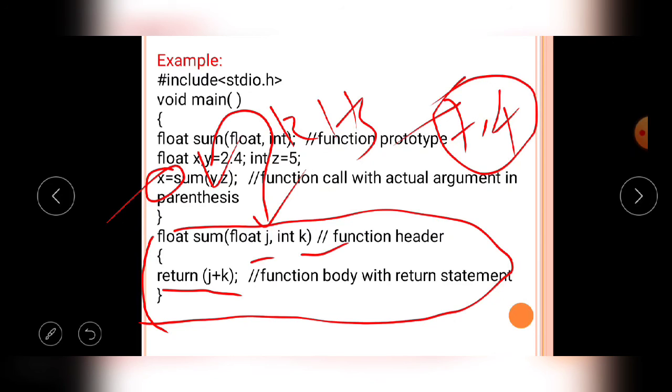Listen carefully and practice carefully, because the user defined function is a very important concept in the C language. Okay, thank you one and all.